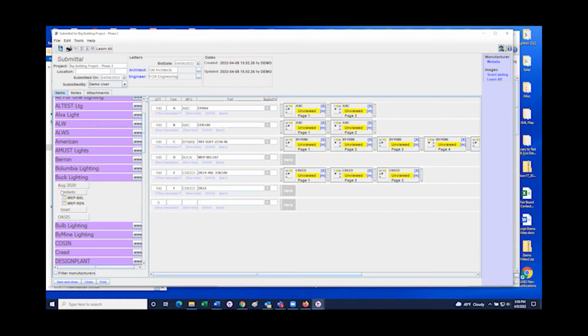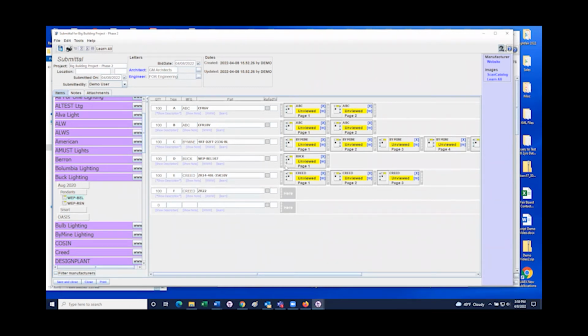So I'll look in my catalog, and sure enough, there it is, the base cut sheet WEP-BEL, and I just need to highlight the additional adders or options that belong to that spec sheet for this part number. So to add that spec sheet to my submittal editor, I'll just simply highlight it there and drag and drop it over here to where it says drop here, and it pulls in, in this case it's a one-page spec sheet. Okay, so I found it, pulled it in, and then the same thing for this Creed manufacturer